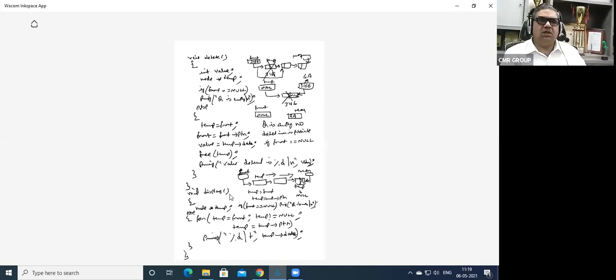Okay. So now, what is the disadvantage of the linear queue when we are implementing using arrays? We have noticed that the queue is dead after front crosses the max value. Once the front crosses the max value, the queue is dead.